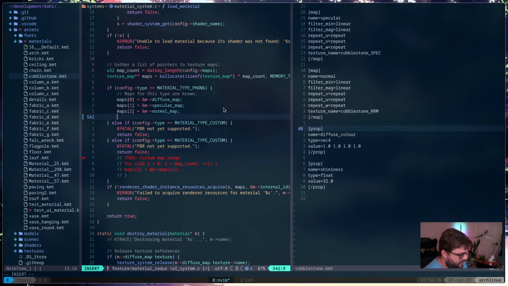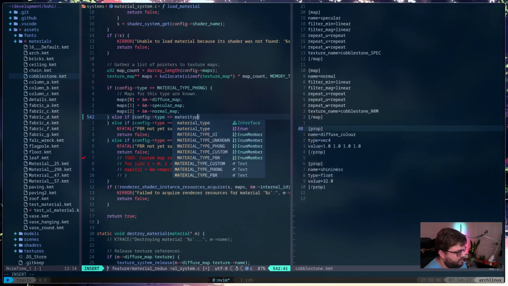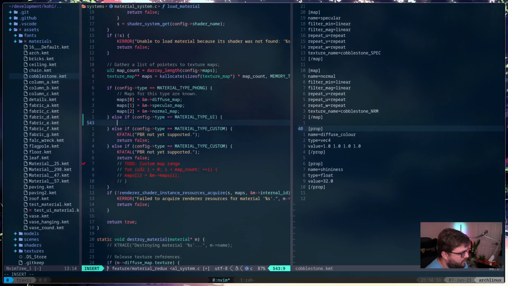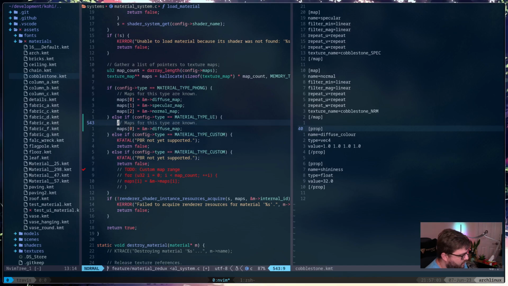So we'll add an else if config type equals material type UI. And then all we really need to do here is just this guy. So do that. Okay. So that's that.